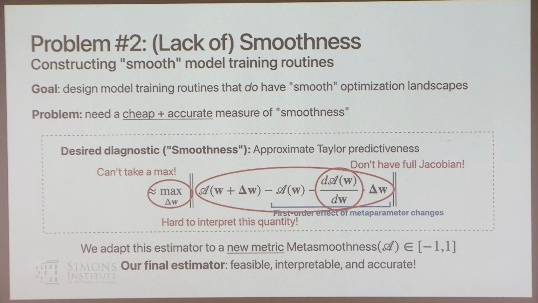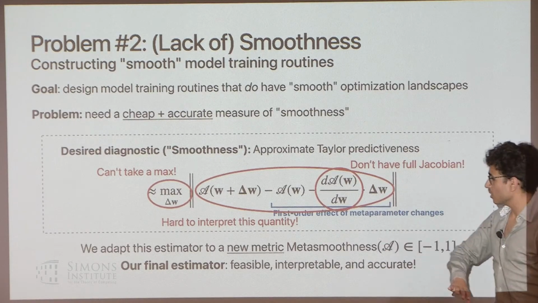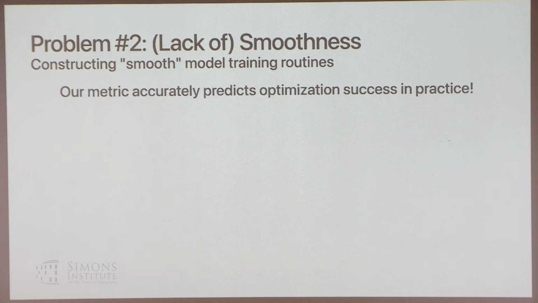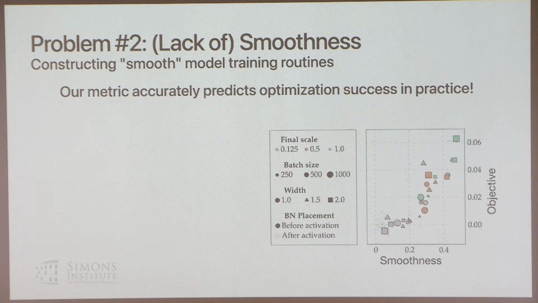Okay. So I'm going to skip over our procedure for simplifying this. The high-level takeaway is that we're going to come up with a metric that we called meta-smoothness. The nice thing about this metric is that it goes from -1 to 1. We can compute it really easily. It doesn't even rely on applying our fancy algorithm, so we can compute it pretty cheaply. And it's going to allow us to grid search to find a smooth learning algorithm.